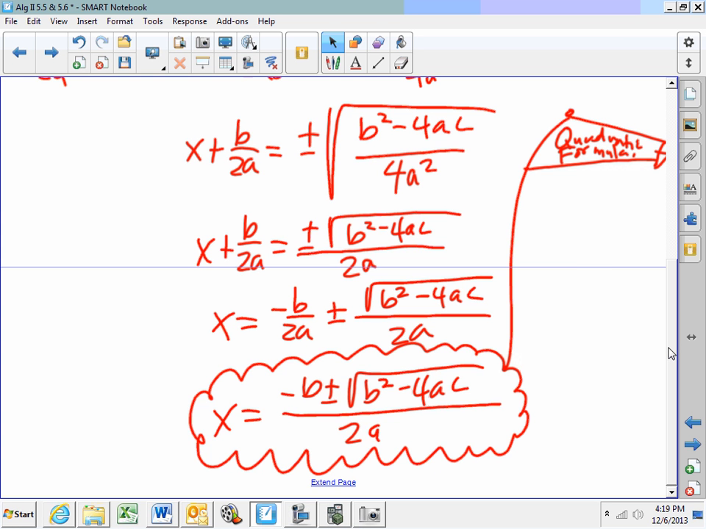x is equal to negative b plus or minus the square root of b squared minus 4ac all over 2a. And you do have to remember that the whole thing is over 2a. Now, how do we use the quadratic formula? Well, if we take the quadratic formula